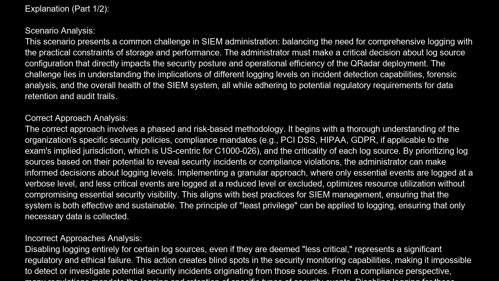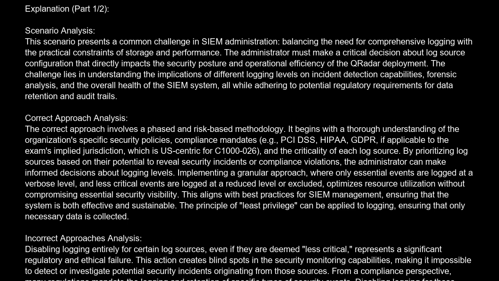It begins with a thorough understanding of the organization's specific security policies, compliance mandates (e.g., PCI DSS, HIPAA, GDPR), if applicable to the exam's implied jurisdiction, which is U.S.-centric for C1000-026, and the criticality of each log source. By prioritizing log sources based on their potential to reveal security incidents or compliance violations, the administrator can make informed